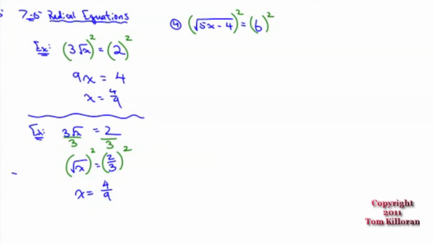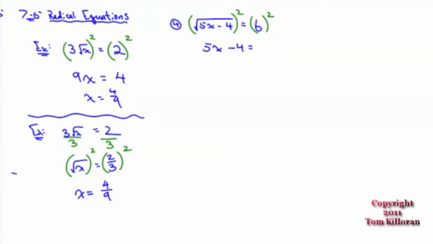And what happens is just what happened over here. When you hit a square and a square root next to each other, remember this is a half power, and a half times 2 is just 1, so I say it goes poof. I hate saying the word cancel, because cancel is usually inverse and identity. So I'd rather just say poof. It goes poof. And what you're left with here is what's inside, 5x minus 4,